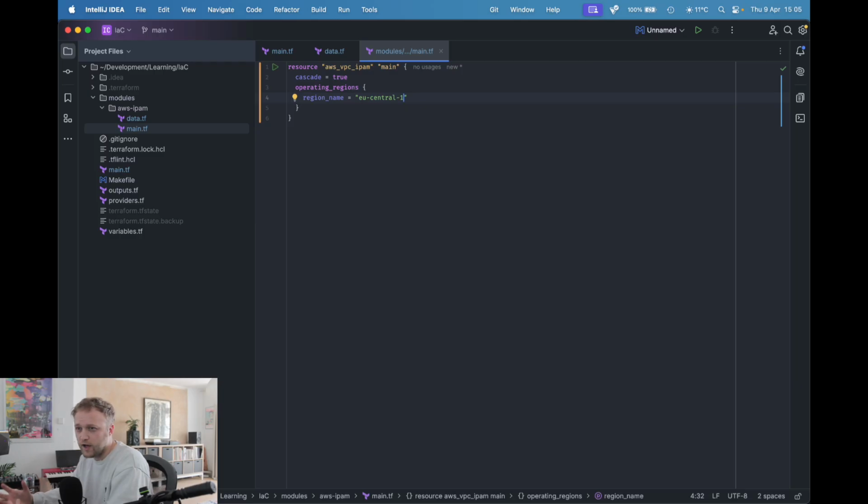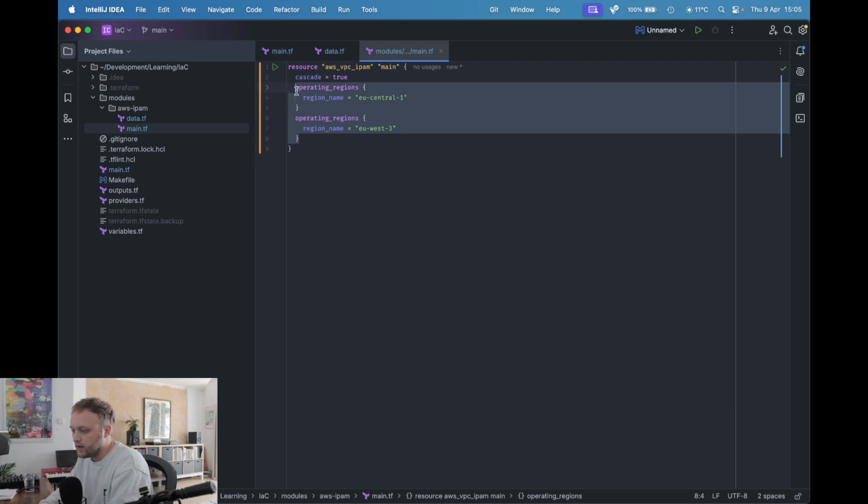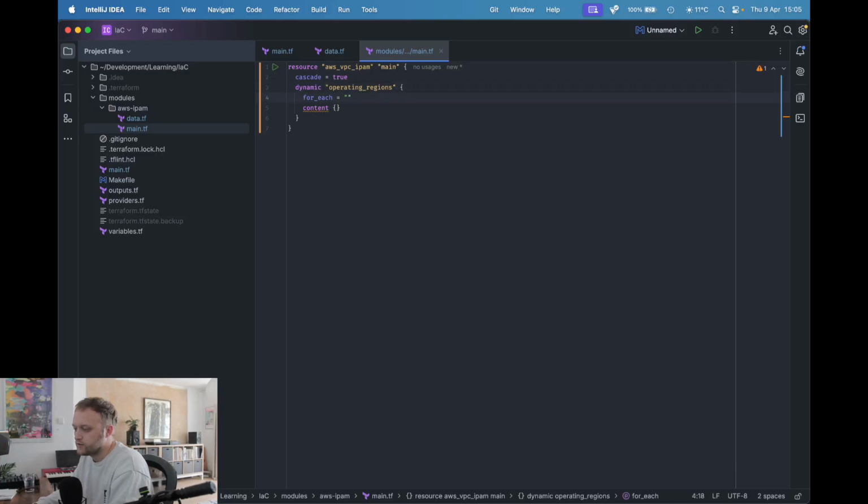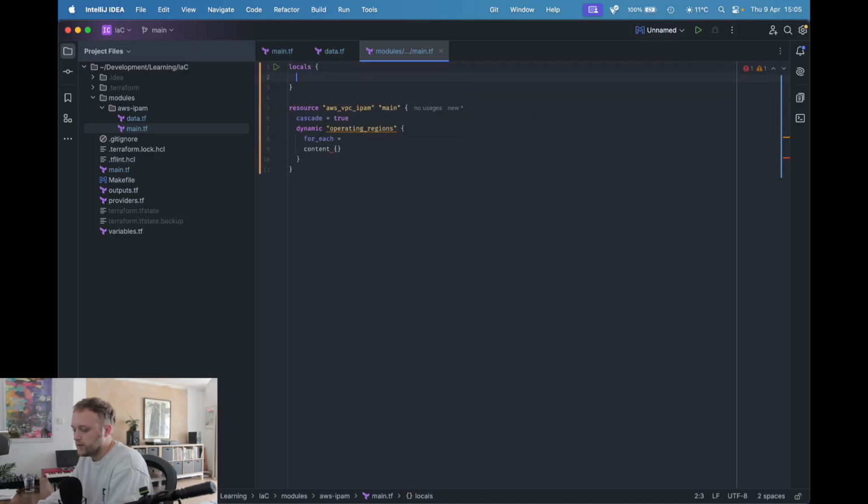But I presume a lot of the time people want to create VPCs in different regions as well, and this is where you'll specify a second operating regions block, and then you might have EU West 1 or 3 or whatever. To be able to do that better, we can use a dynamic block, and then we can have operating regions here, and then for each, we will create a locals here,